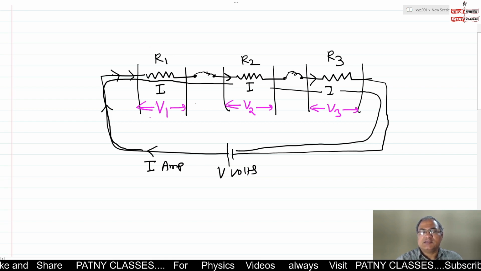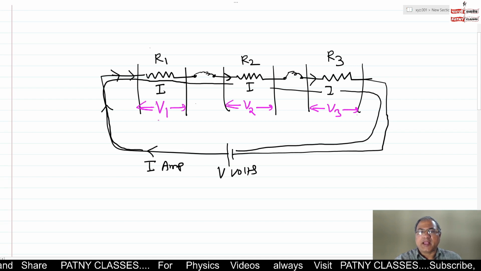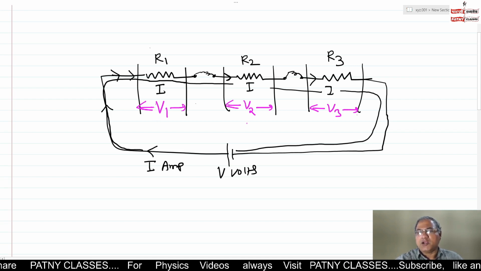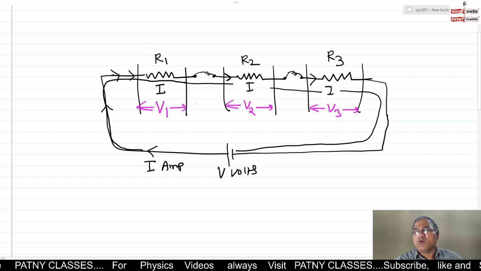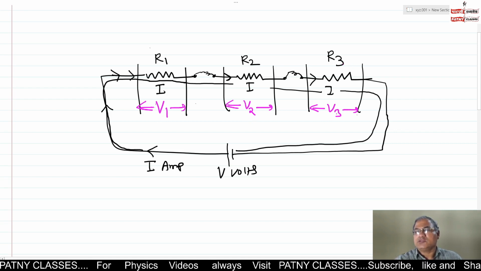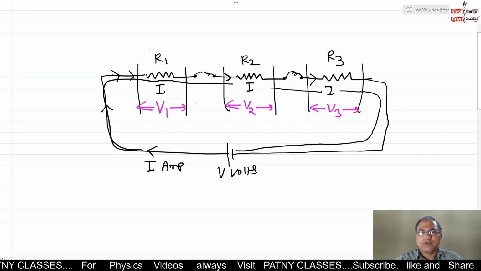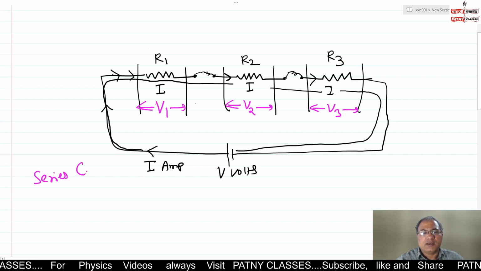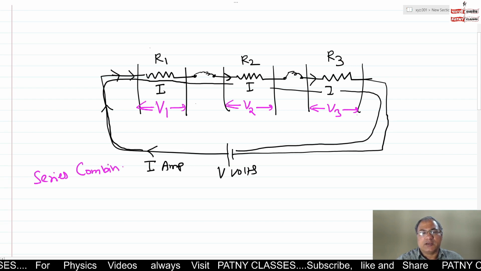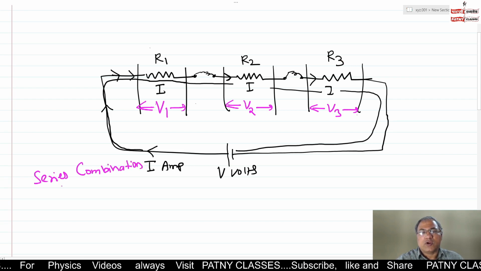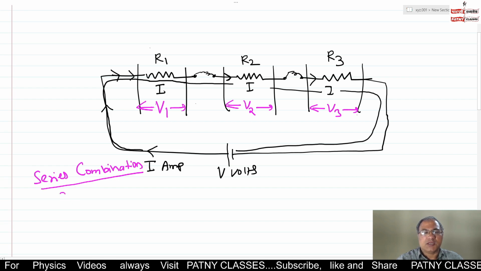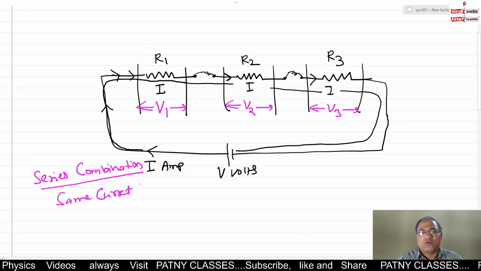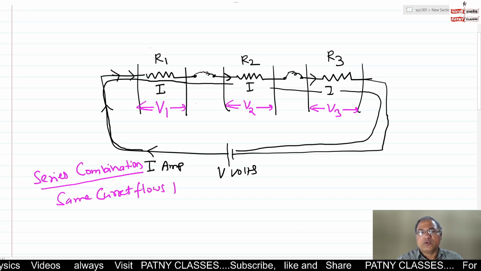We technically say the voltage dropped across R1 is V1, across R2 is V2, and across R3 is V3. So in series combination, what to understand? In series combination, the same current flows through every resistor,